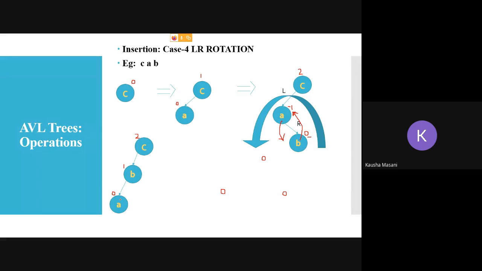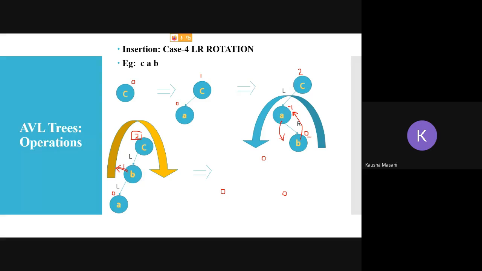Again go and calculate the balance factor. Balance factor at A is 0, at B is 1, at C is 2. So again we came across that this is still not balanced. You need to rebalance again. And what is the case here now? It is your LL case. LL rotation. We know that if it is an LL rotation case, then you have to rotate your subtree on the right side in order to balance it. So when we rotate it on the right side by pulling this median value up,